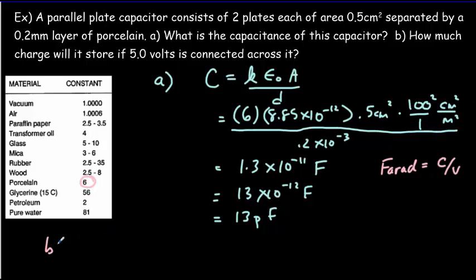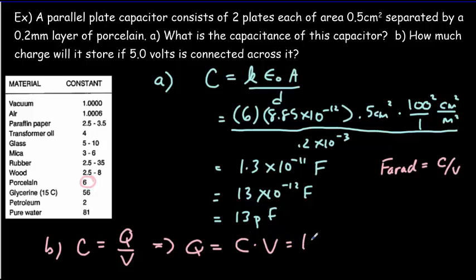In part B here, we're just using the definition of capacitance. It's the amount of charge per unit voltage. So our charge would be equal to the capacitance times the voltage. Our capacitance was this 13 picofarads, or 13 times 10 to the minus 12, and our voltage was 5. So we end up with a value there of